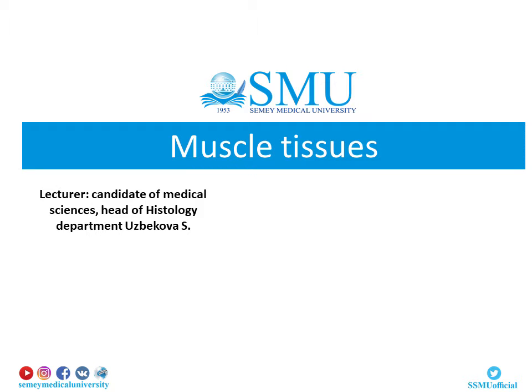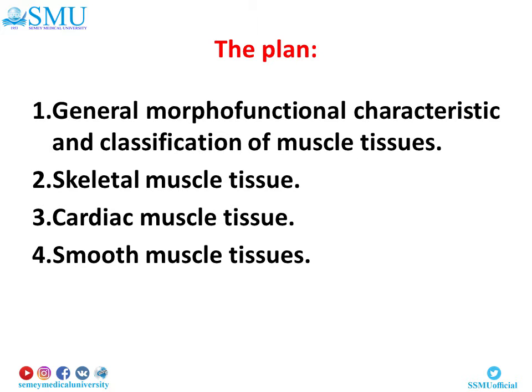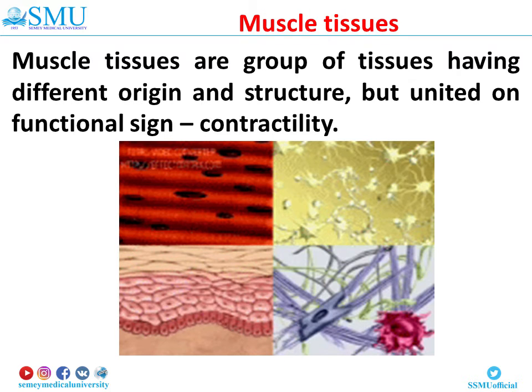Muscle tissues. Plan. Number 1. General morphofunctional characteristic and classification of muscle tissues. Number 2. Skeletal muscle tissue. Number 3. Cardiac muscle. Number 4. Smooth muscle tissues. Muscle tissues are a group of tissues having different origin and structure, but united on functional sign